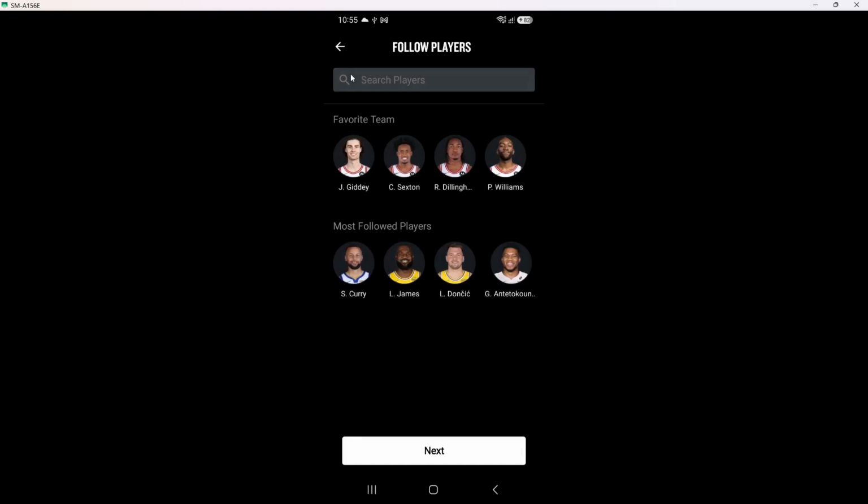You will likely be asked to confirm your payment details. Once this is done, you will be all set to enjoy NBA games right from your Android device. You can now explore the app and dive into the world of